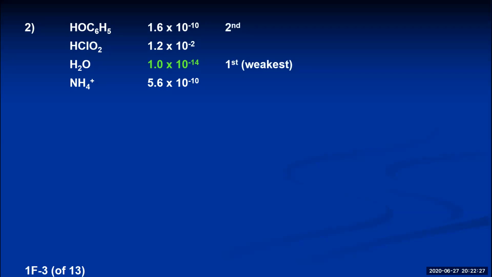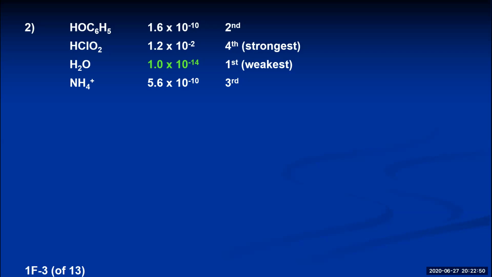The first one had the second lowest Ka value. It's the second weakest. The ammonium ion had the third lowest. It's the third weakest. And the fourth weakest, or the strongest acid, is the HClO2 because it has the largest Ka value. Number 3, for the following bases, write the reaction for their ionization in water and their base dissociation